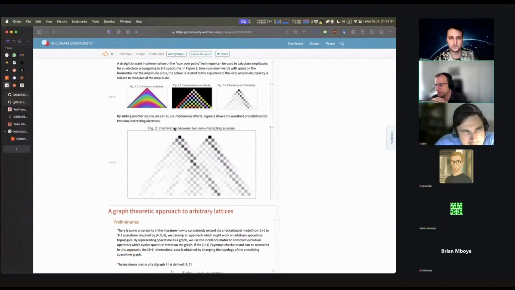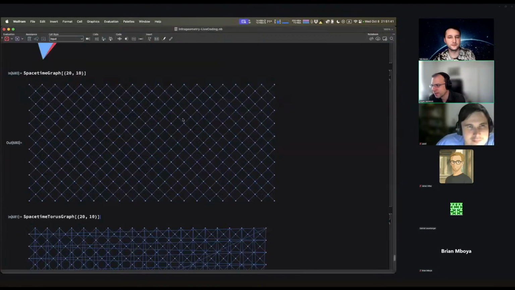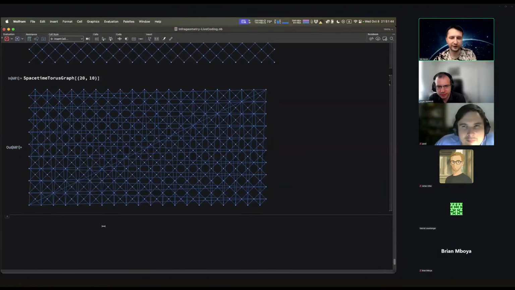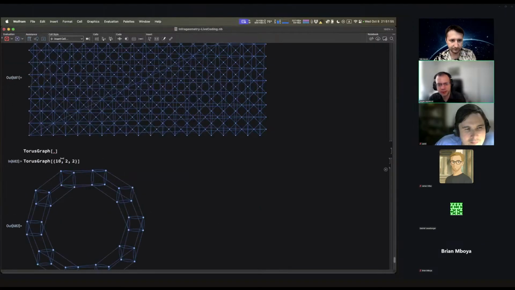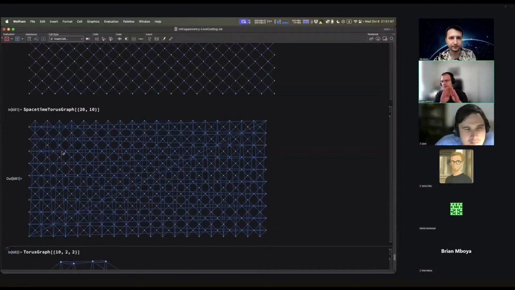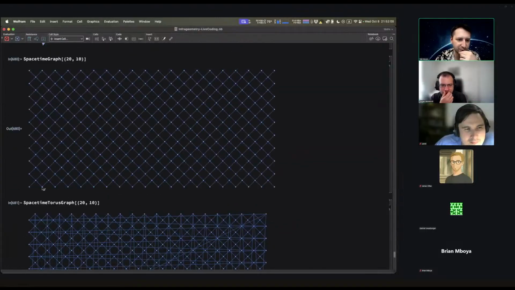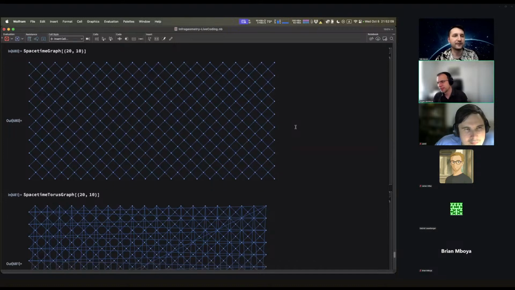So the space-time graph, I get it. What I don't understand is the torus graph. Can you go back to that? No, this is just a weirdly rendered torus graph, an actual torus. Do we have a torus? It's sort of like this, but it's directed. Yeah, so I get that. Well, you just connect this point, for example, to this point, and this point to this point, so you can wrap around in both space and time. Right, space wraps around to the left, and